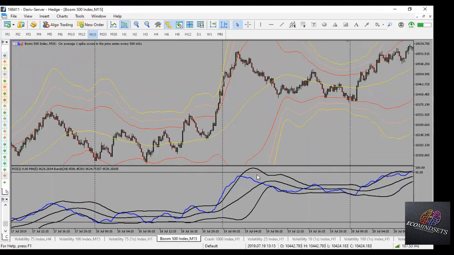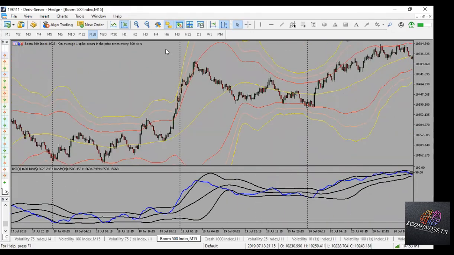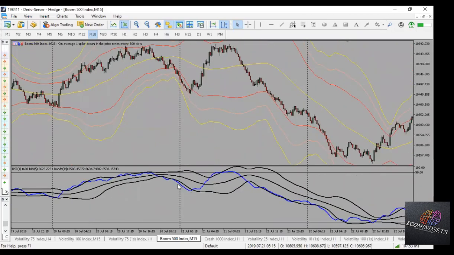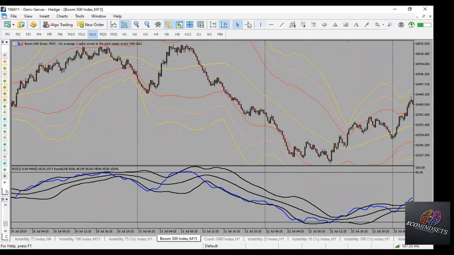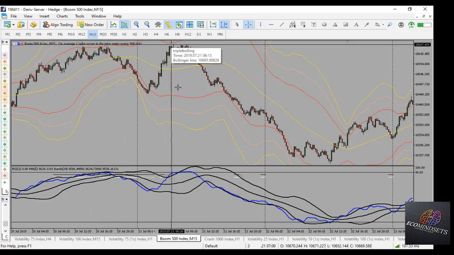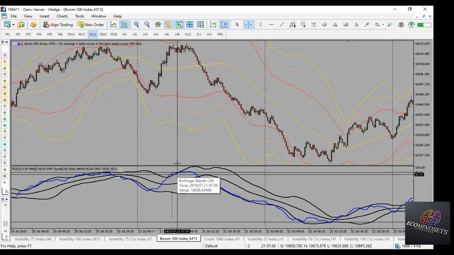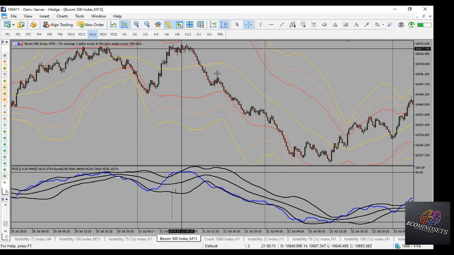Then let's see. There is another opportunity here. As you can see, the moving average breakout of the Bollinger Band hit the level 90 and then came back in. What do we see? A price rejected at the upper Bollinger Band here. So once this second confirmation comes, this will be our entry, and then you would have moved up to the middle Bollinger Band here and then be out.